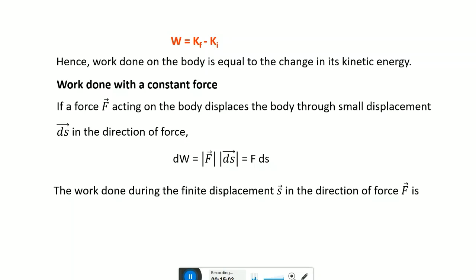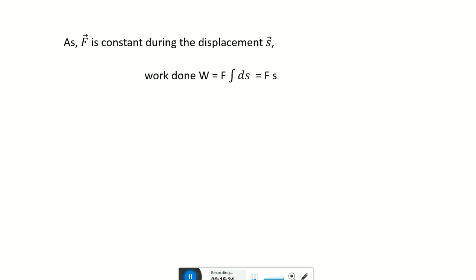Means the work done during the finite displacement s in the direction of force F is W is equal to integration of F ds. As F is constant during the displacement s, then work done W is equal to F integration ds, and integration of ds is s, therefore W is equal to Fs,